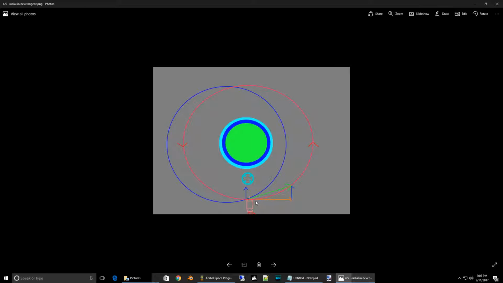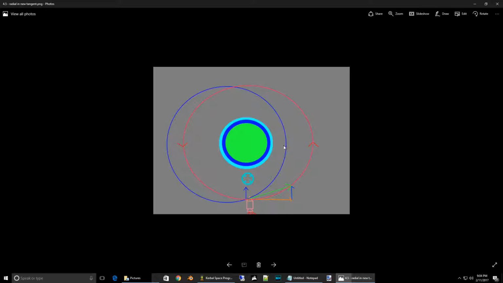If we want to burn this much energy to change our orbit, then our new motion becomes this green arrow, and it's tangent to this blue vector. So it brings the direction that we're traveling closer to the planet,